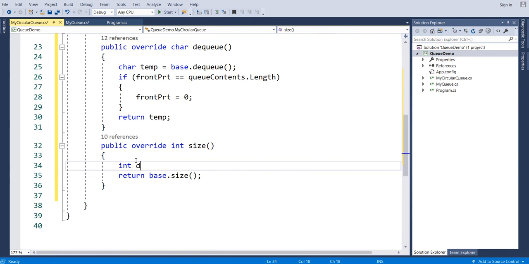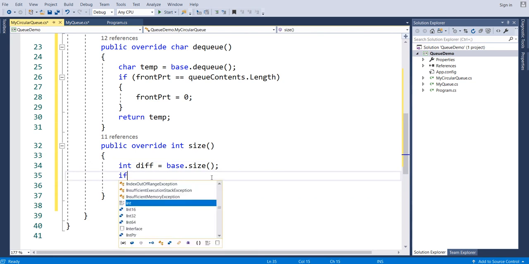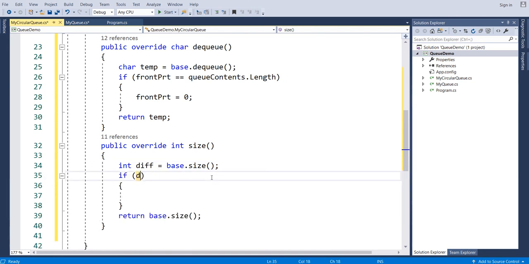So int diff, standing for the difference. So we'll still call that size. So F minus R, the front pointer position minus the rear pointer position, and then if the diff